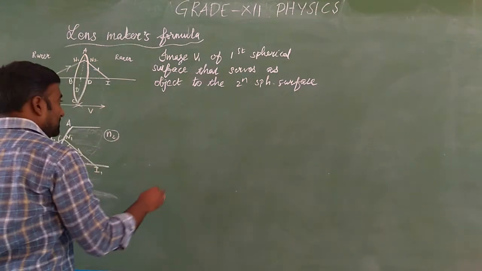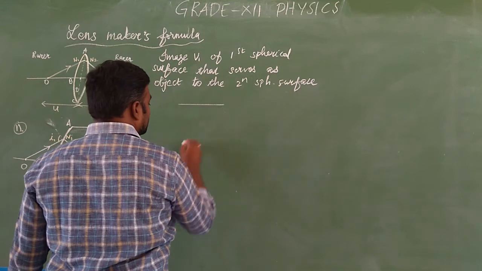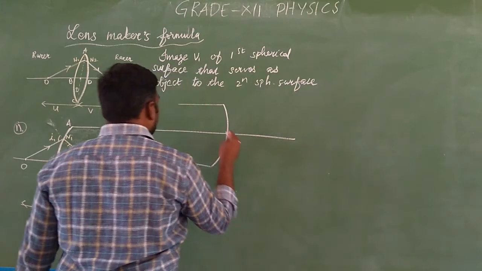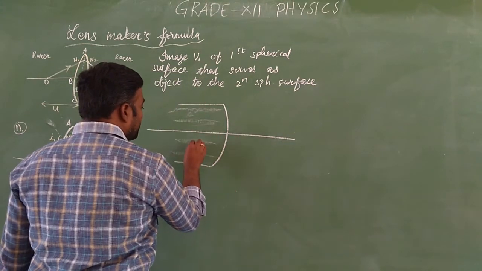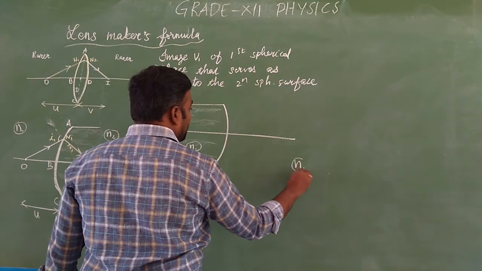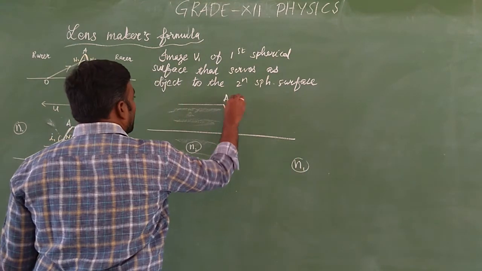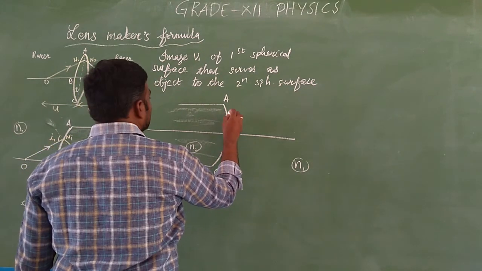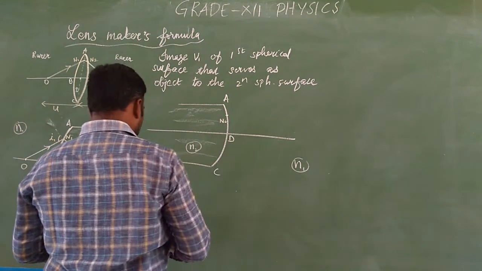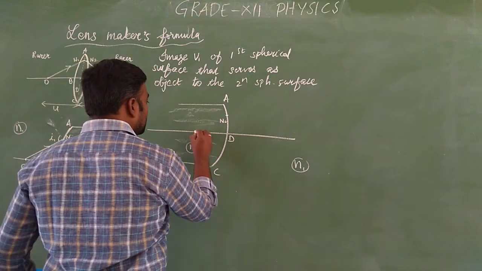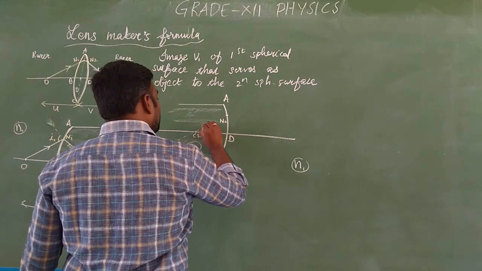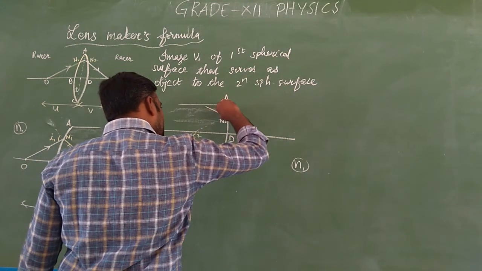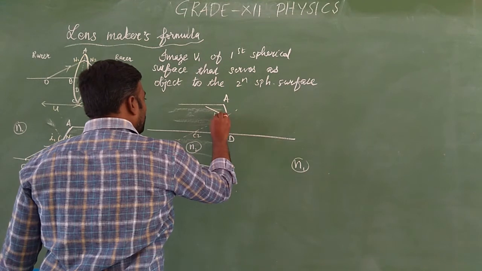So in the second spherical surface, how does refraction occur? We will see. This is the second spherical surface, ADC. The light is coming from the optically denser to the optically rarer medium. This is the point of incidence, N2. It has a center of curvature inside, this is the center of curvature C2. From the center of curvature to this point is the normal, and this is the incident ray, I2.